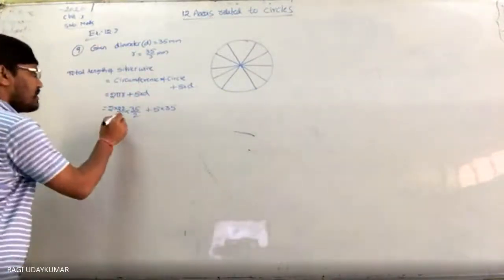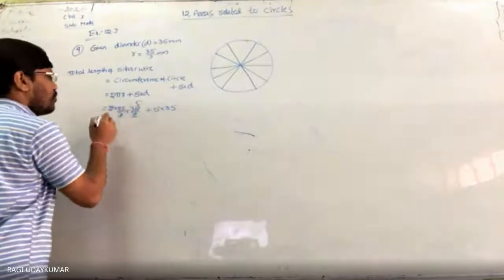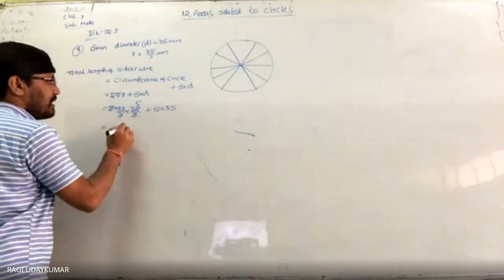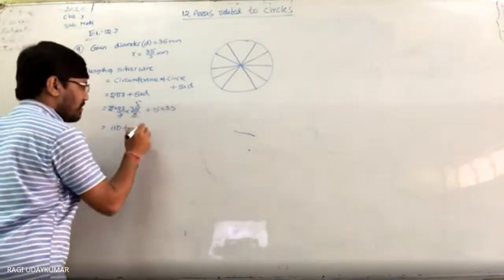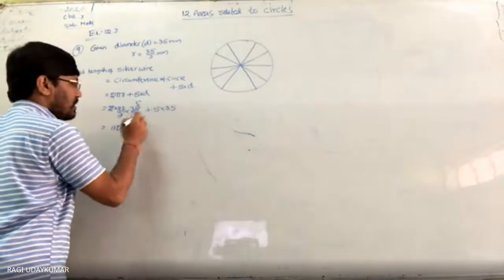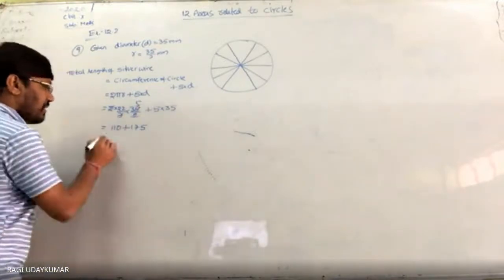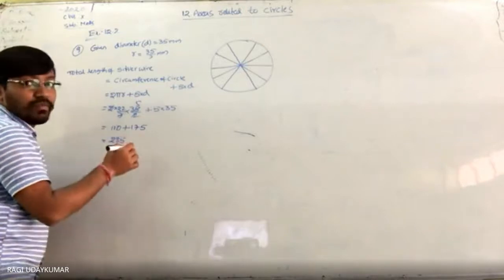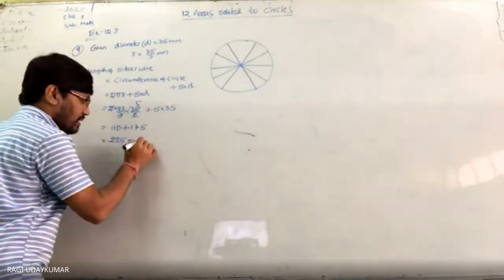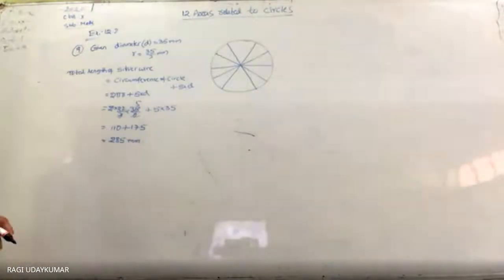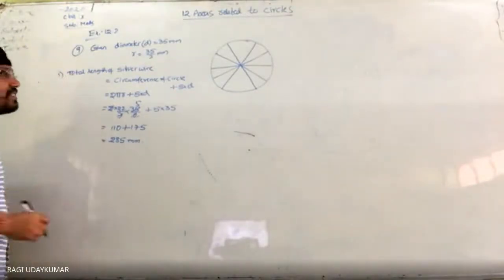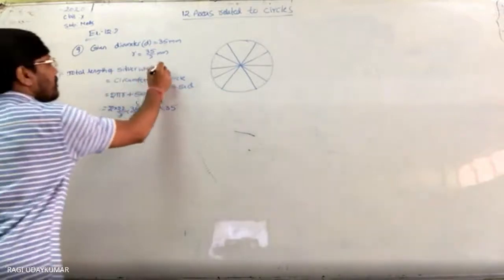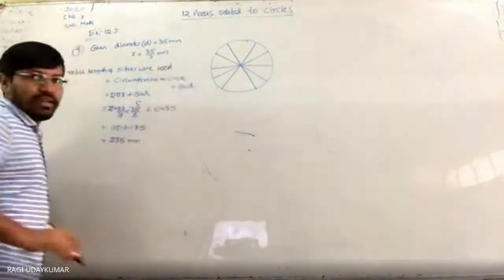So now what to do here? 7 plus 7 5 2 2 22 by 110 plus 35 by 5 by 25 2 5 is 15 plus 2 so 75. So 285. What is this? Millimeters. Not area this one. Next step. This is the first question. Total length of the silver wire used. Easy. समझ में आया?